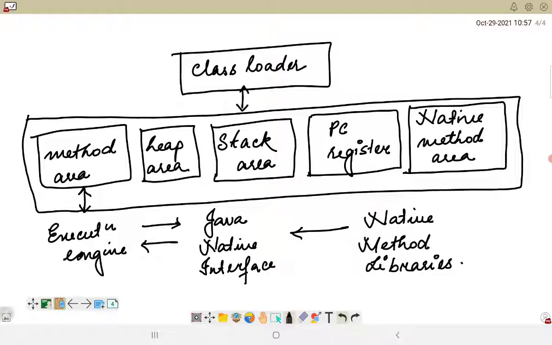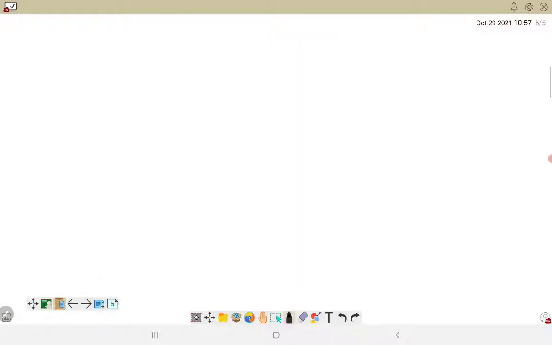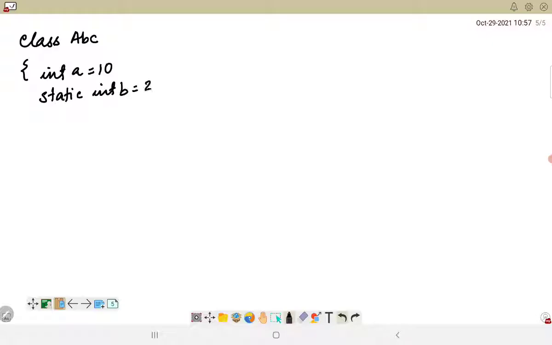Now, how do these memory areas reflect in a particular program? Suppose I have a class. Let me write down a program class, let's say ABC, and here I have an instance integer variable a equal to 10, then a static variable integer b equal to 20. Then I might have a method here called display.